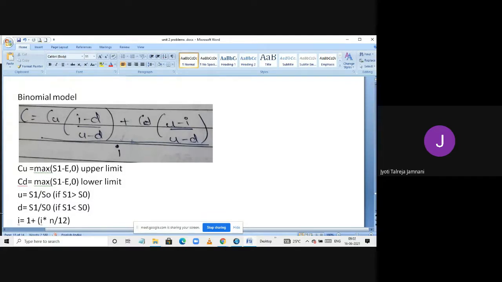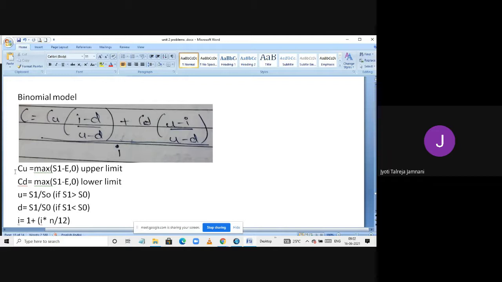If we write only P, it is confusing which premium, whether it's for put or for call. That's why instead of writing P, they write C if it is a call option premium, and they write P if it is a put option premium. So this model is fit only for the call option premium. What is this model all about? Its theory, assumptions, and all we'll discuss when I discuss the theoretical part. Today we will do the sums on it.